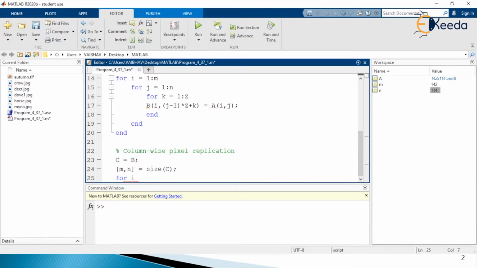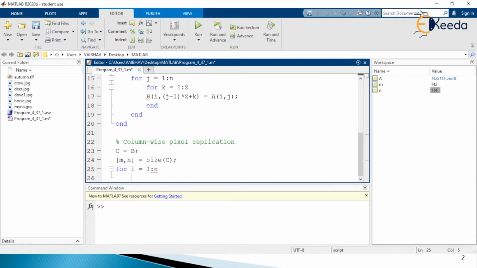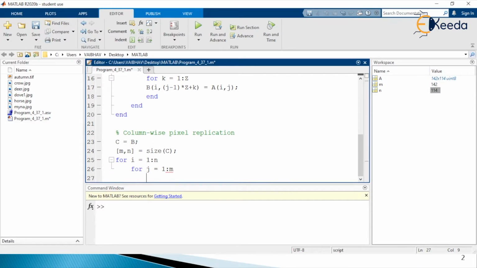We are having the index variable small i that is starting with the value 1 extending to the value small n. Inside the definition of this for loop we are having another for loop defined with the index variable j to hold the value 1, and iteratively it will be extending to the value small m.